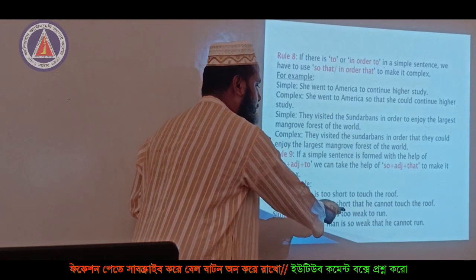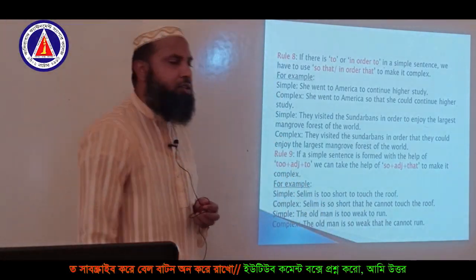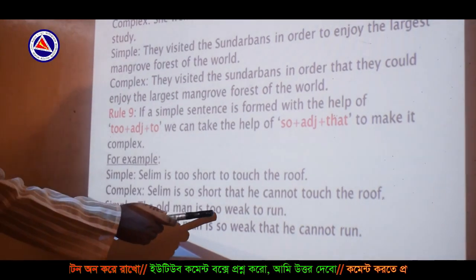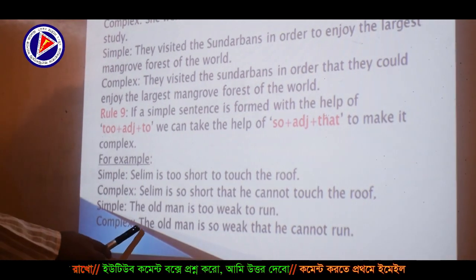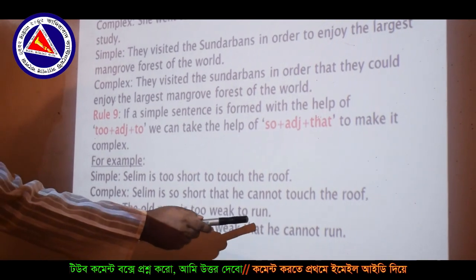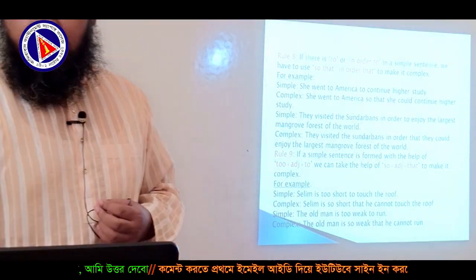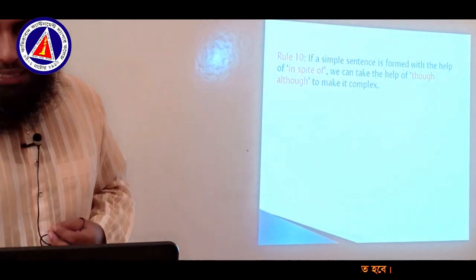So Selim is so short that he cannot touch the roof. Okay, another example: the old man is too weak to run. Here, the old man is so weak that he cannot run. And the final rule is,